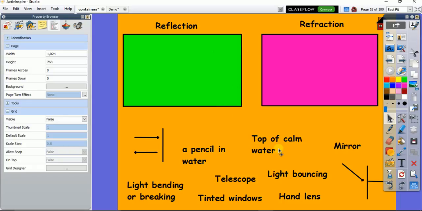You created two boxes. What the students do is they come up and they drag one of these descriptor words, and if it's wrong, it snaps back. But if it's correct,